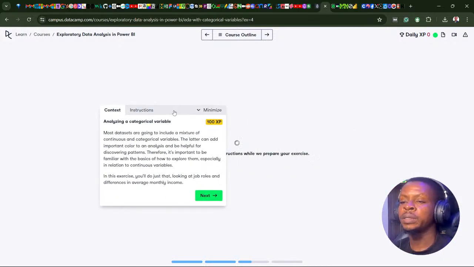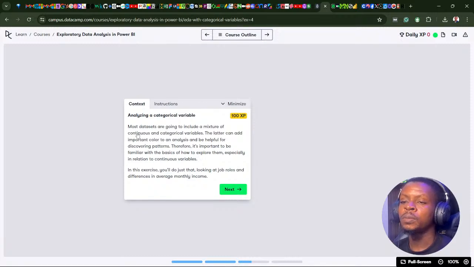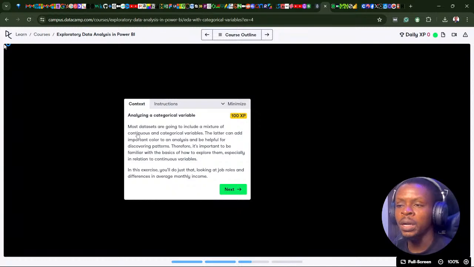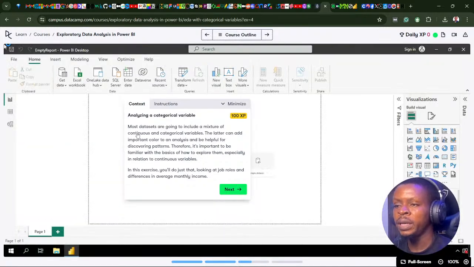So analyzing a categorical variable. Most data sets are going to include a mixture of both continuous and categorical variables. The latter can add important color to an analysis and be helpful for discovering patterns. Therefore, it is important to be familiar with the basics of how to explore them, especially in relation to continuous variables. Okay, so in this exercise, you do just that, looking at job roles